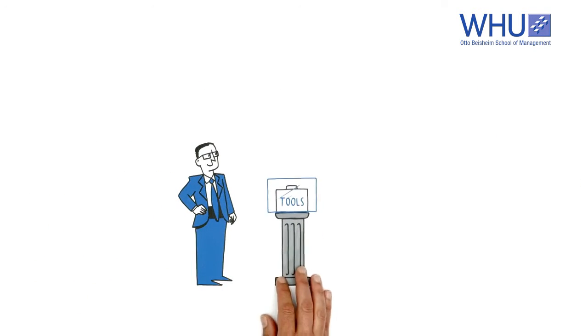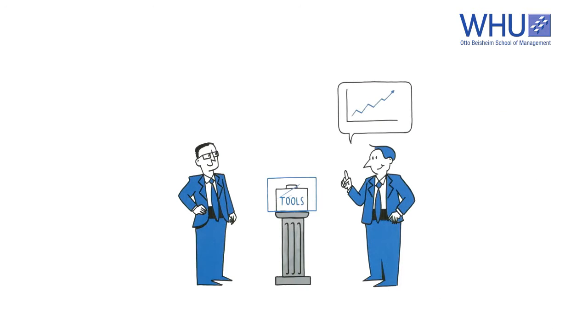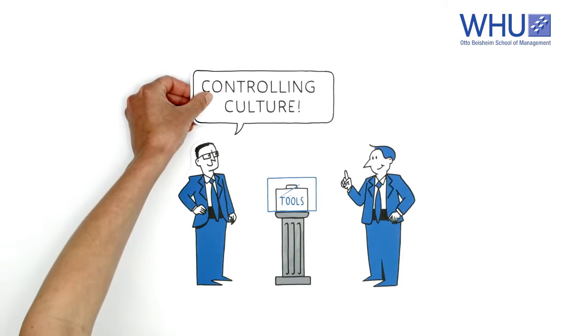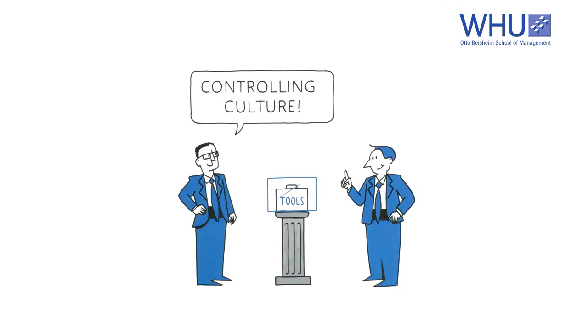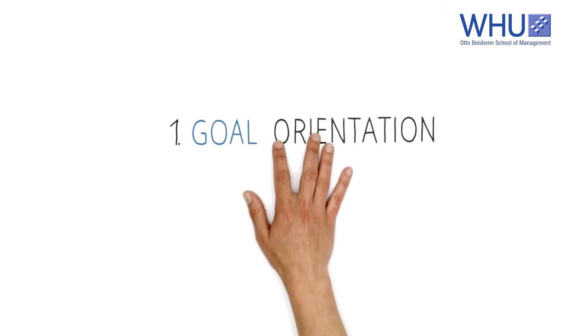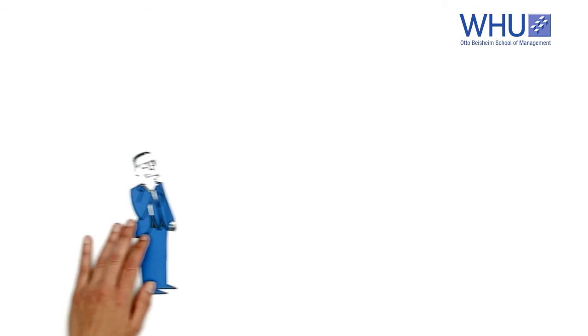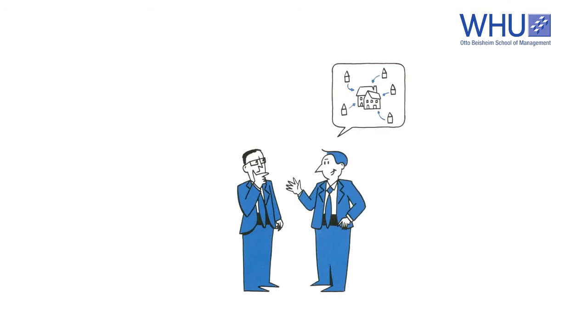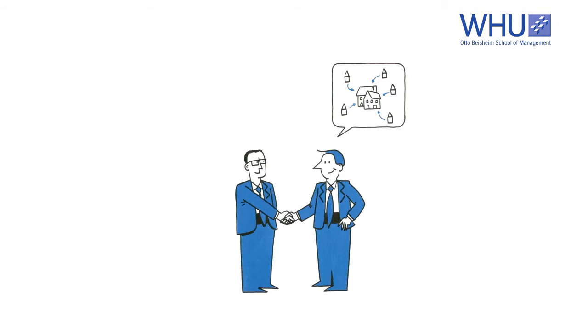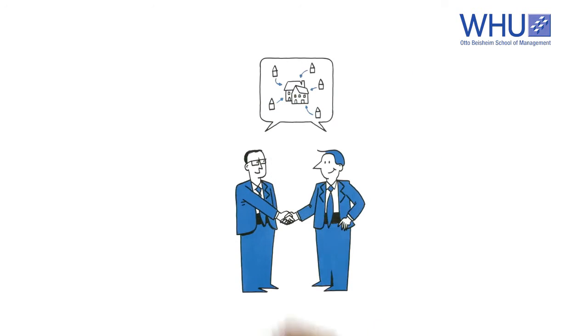Controlling and culture. Controlling tools are intended to make companies successful, but on their own, they are useless. They only work where there is a performance or controlling culture to support them. This comprises three main elements. Goal orientation. Goals are a first cornerstone of controlling. It is up to controllers to find out whether a particular measure pays off and to ensure that goals are implemented consistently. Clear goals provide direction to guide the actions of managers and controllers.